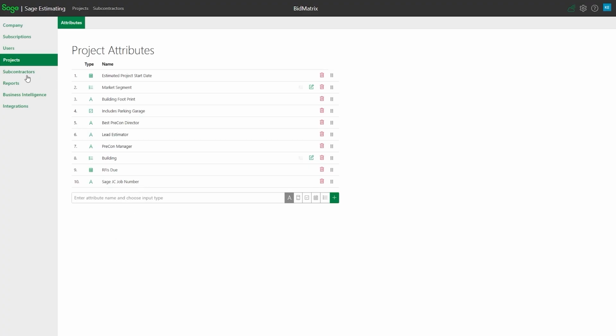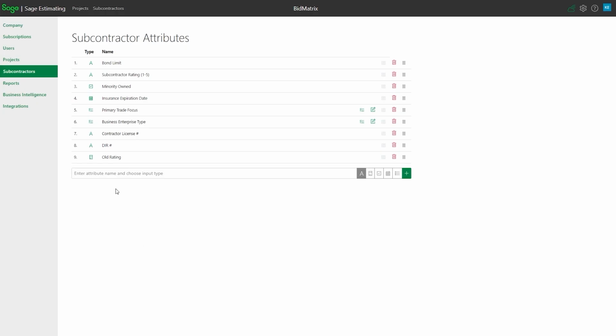Exact same concept with subcontracts and things like that. If I take a quick look at subs, down here, it would show if I had, let's see, I think that old rating, I think I've still got out there. So there again, if I deleted it, it would show up down here, and I would have to go find all the subcontractors that had that old rating and delete them before it would actually get rid of it altogether.